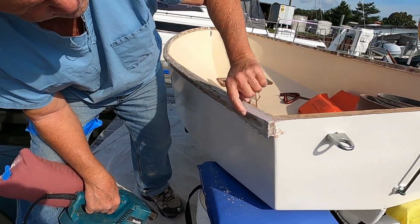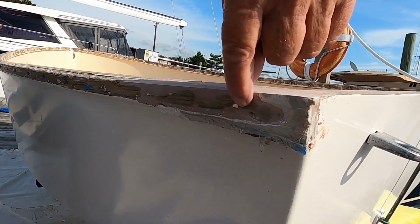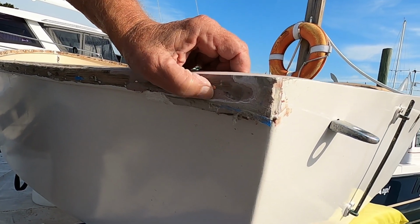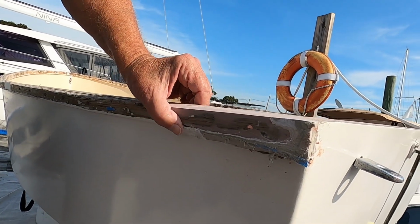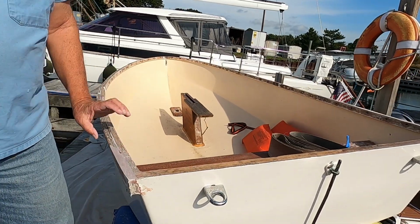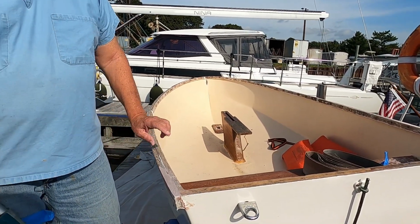So there you can see the wood. There was a copper piece, one of the copper nails, rivets actually. And then we'll just smooth this out. Hopefully nobody's going to see this, because we're going to put an edge on here. So it's just for strengthening the corner,